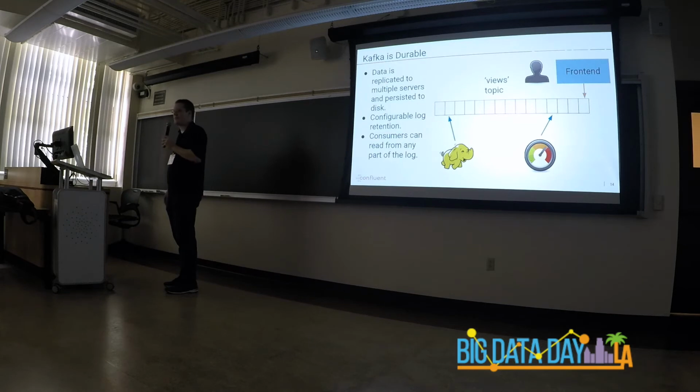So Kafka is durable. And what do I mean by durable? Well, I mean the most obvious meaning is just that we persist stuff to disk, which again, not every queuing system will do. And that actually means that it's a lot more safe to put your data in Kafka than some other systems that are just in memory. I mean, I'm not saying in-memory systems are bad, they have their uses, but I wouldn't use them for this. Kafka is also durable in the sense that we persist data to multiple brokers. So if we lose one broker, we don't lose all of the data in the topic.